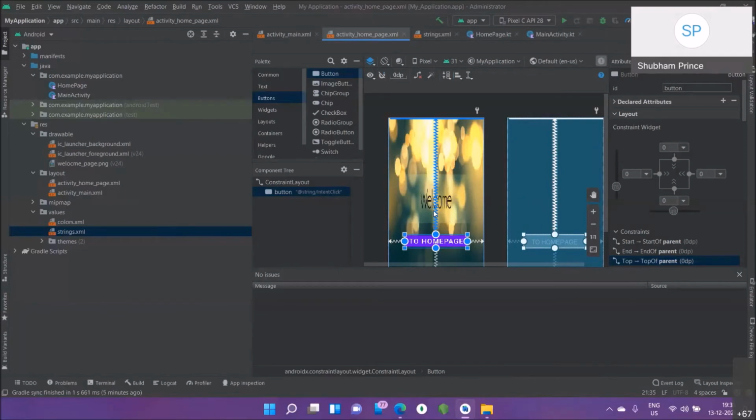Okay, let's go. So there are two types of intents. When we talk about intents, one will be implicit, and the other will be explicit. In implicit, when we are presenting some activities from another app or some system feature, then it is implicit.